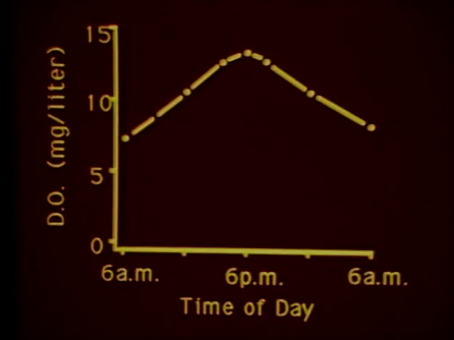This results in fluctuations of pond oxygen levels from day to night. As oxygen is produced by photosynthesis during the day, it usually exceeds losses throughout the night due to respiration. If there are no oxygen inputs from photosynthesis, dissolved oxygen drops. From this curve, it can be seen that oxygen levels are greatest shortly before dusk and lowest shortly before dawn. Immediately after dawn, photosynthesis begins and oxygen levels increase.